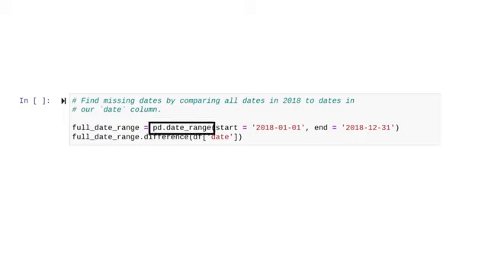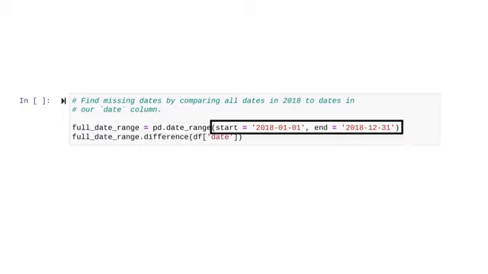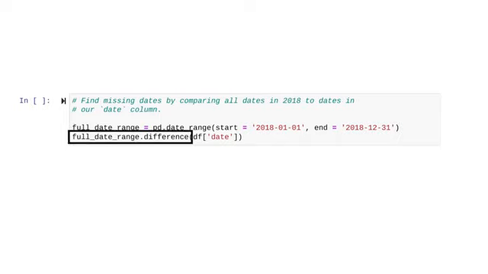We'll then use the pandas date_range function with the first and last dates of 2018 in the argument field under the start and end parameters. After that, let's add full_date_range.difference. Then, in the argument field, we'll add df and in the brackets, the column header date, which will limit this function to checking only the date column.